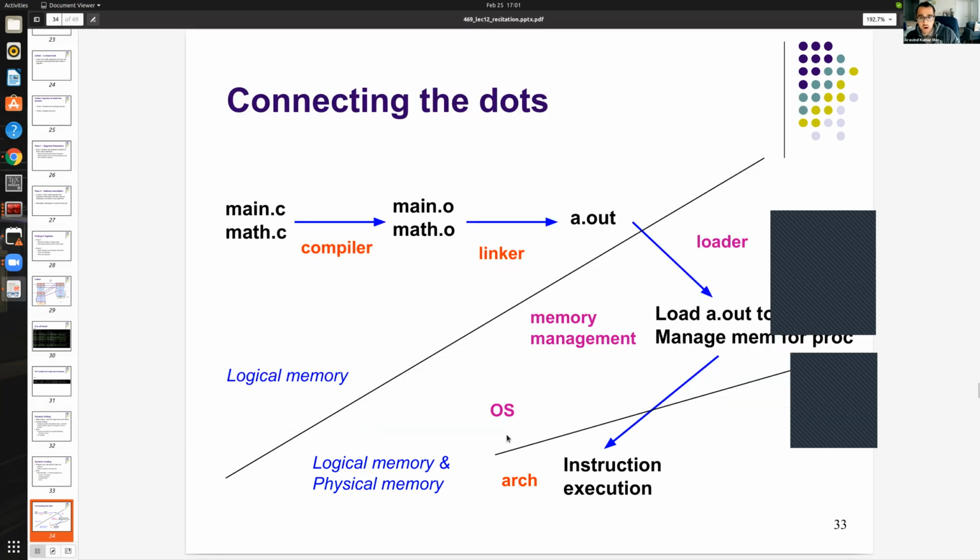So now we saw how a.out gets generated from given C files. Now, when we give a.out to the loader, there are various ways in which the operating system can manage the memory that is needed for the